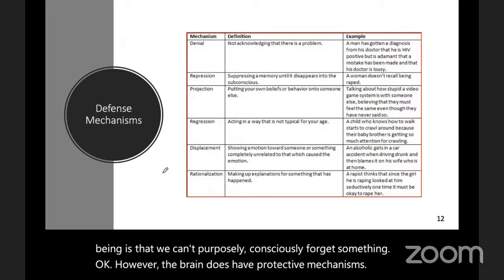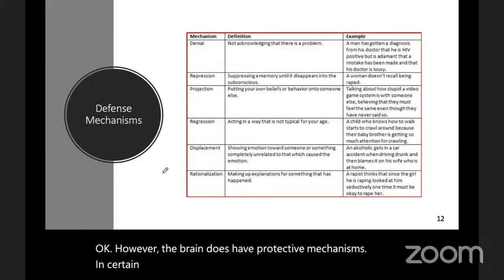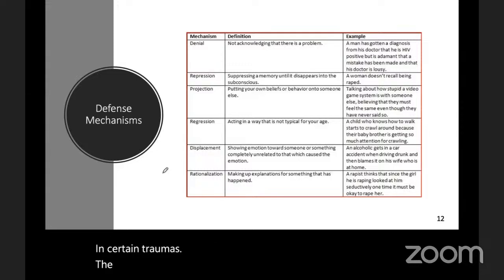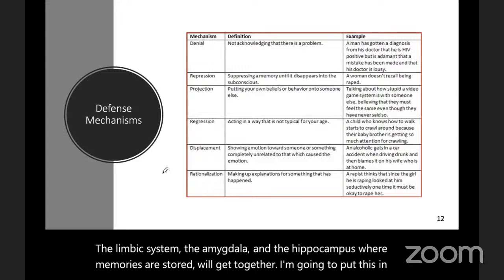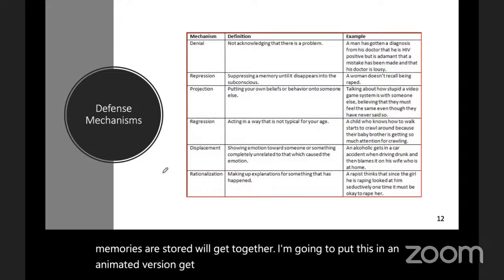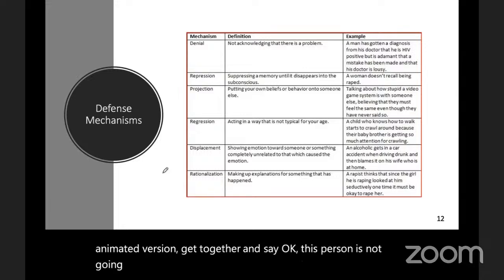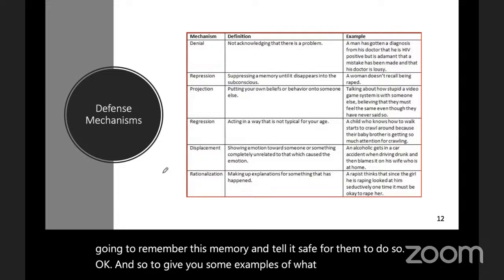In certain traumas, the limbic system, the amygdala, and the hippocampus, where memories are stored, will get together. I'm going to put this in an animated version. Get together and say, okay, this person is not going to remember this memory until it's safe for them to do so. And to give you some examples of what I mean,